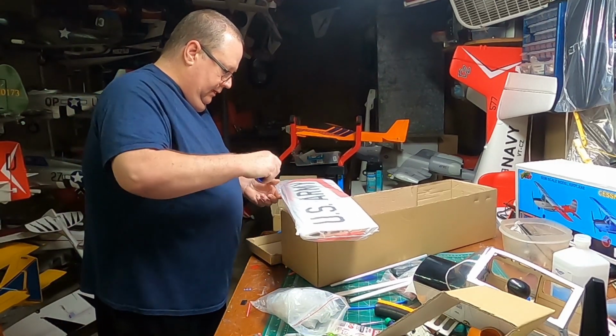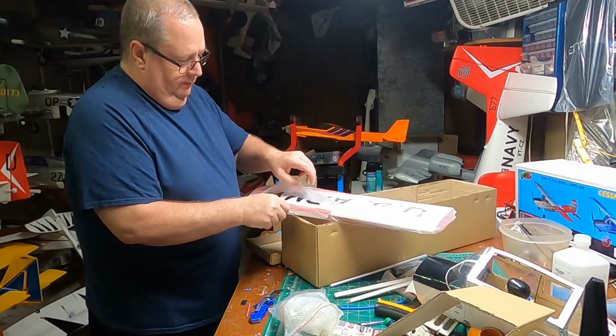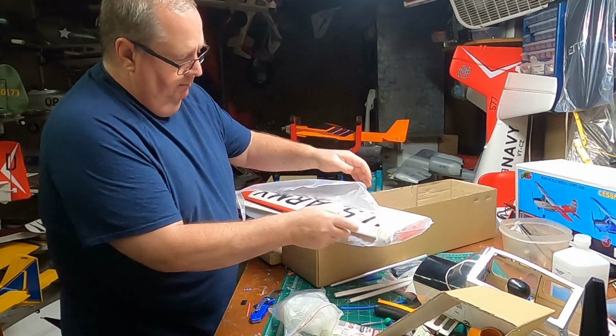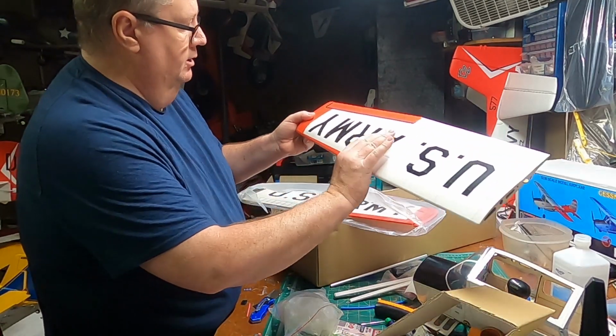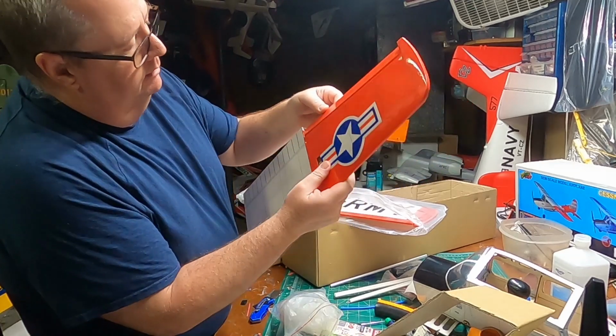Make sure I don't cut into my wing here. This is going to be probably a very nice, relaxing flying bird. Oh yeah, look at this. The finish. There's no dent. Oh, it's already got, looks like